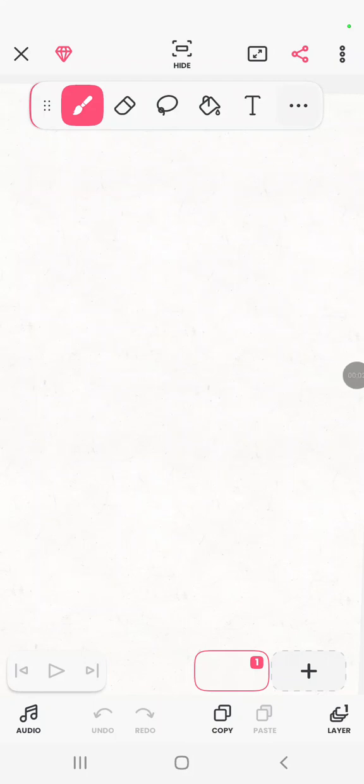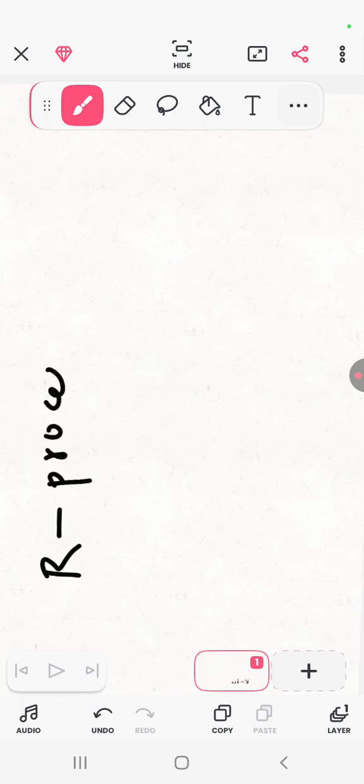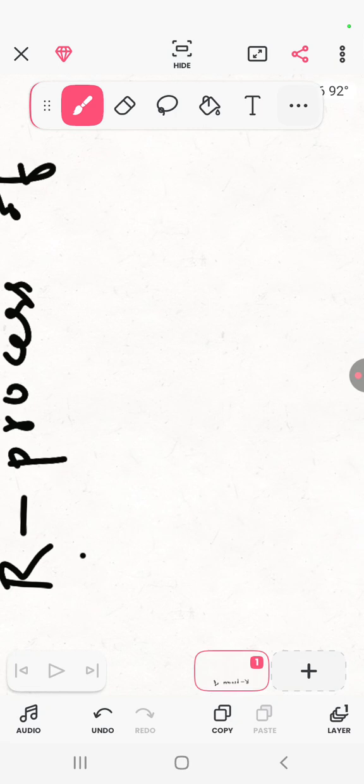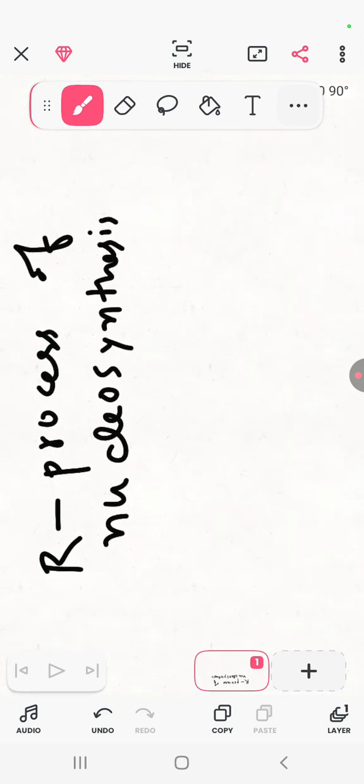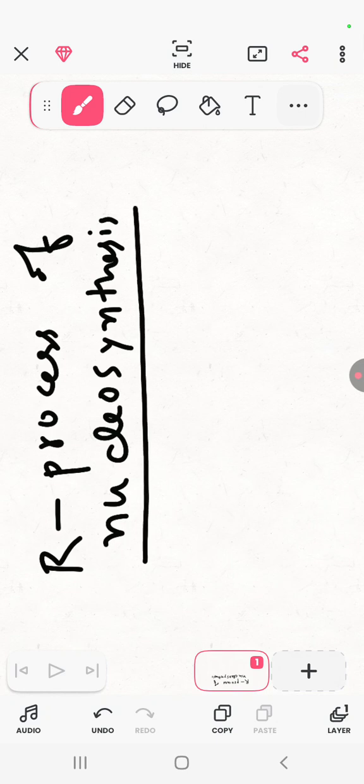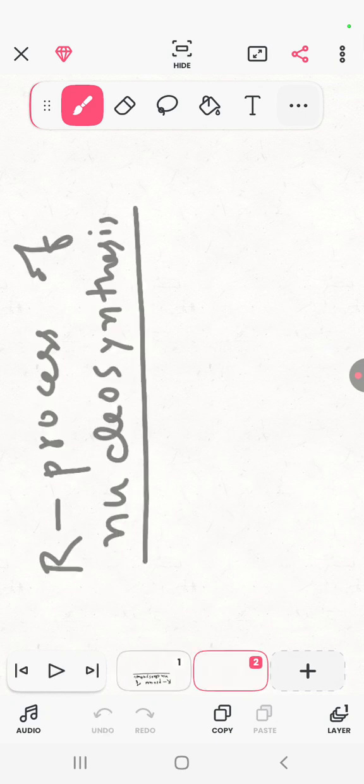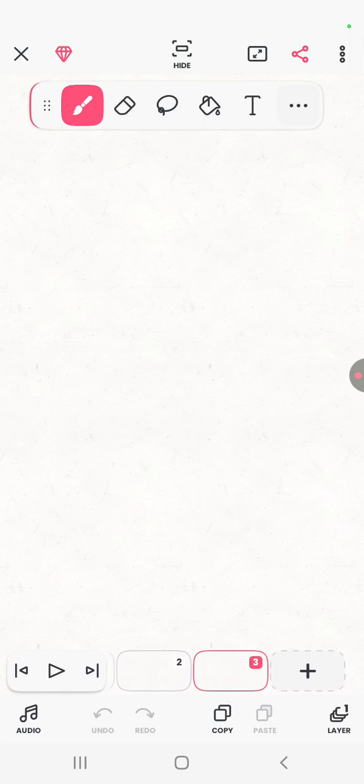Okay, so guys, today we're going to learn about the process of nucleosynthesis. So, when and where does this occur? This occurs when there is a collapse of the core of a supernova. During the core collapse of a supernova, the process by which nucleosynthesis of newer elements occurs is the r